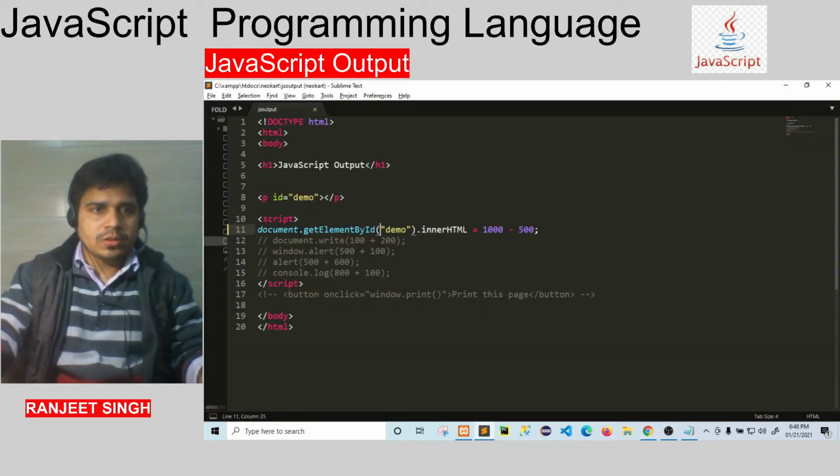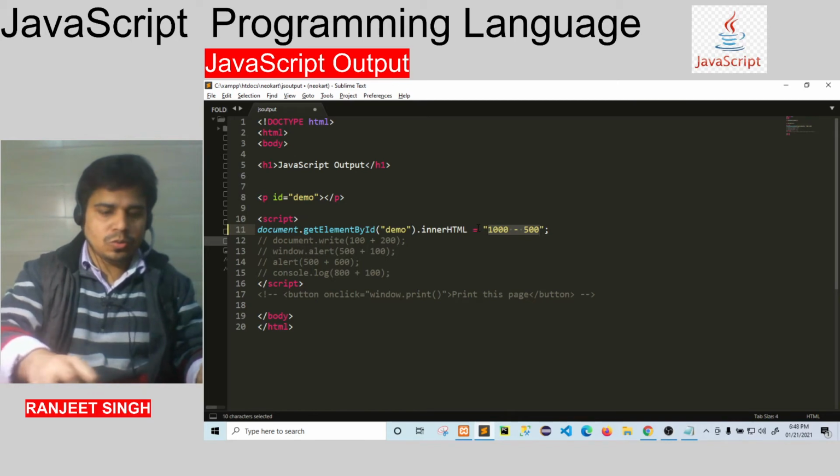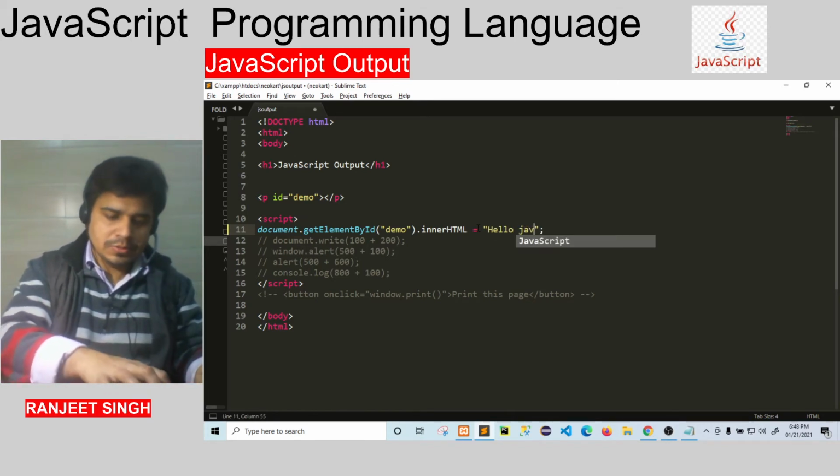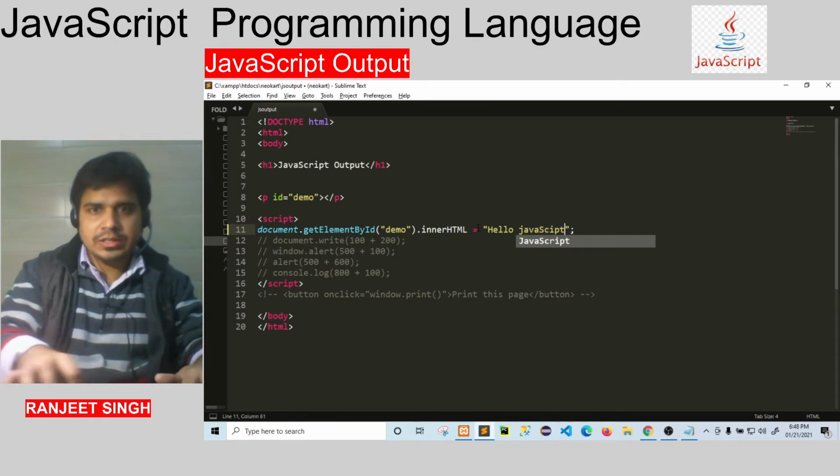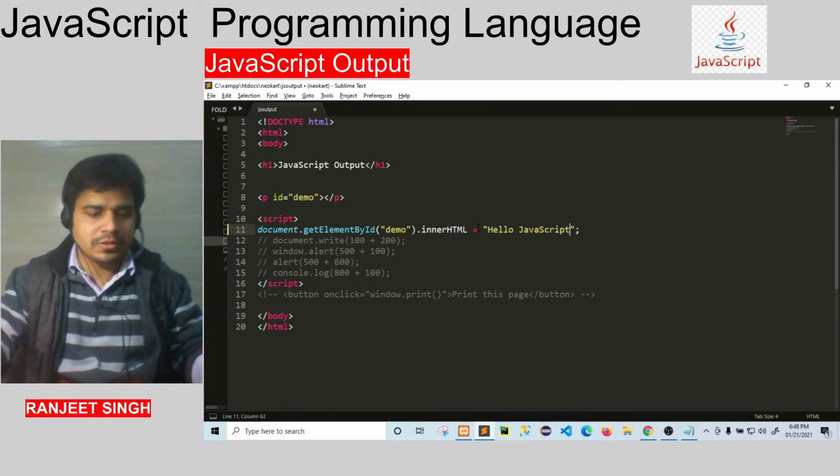So within the script tag, document.getElementById is used to access this element, and innerHTML is used to access its content. Suppose we write a text here, hello JavaScript. Now let us see what will happen.